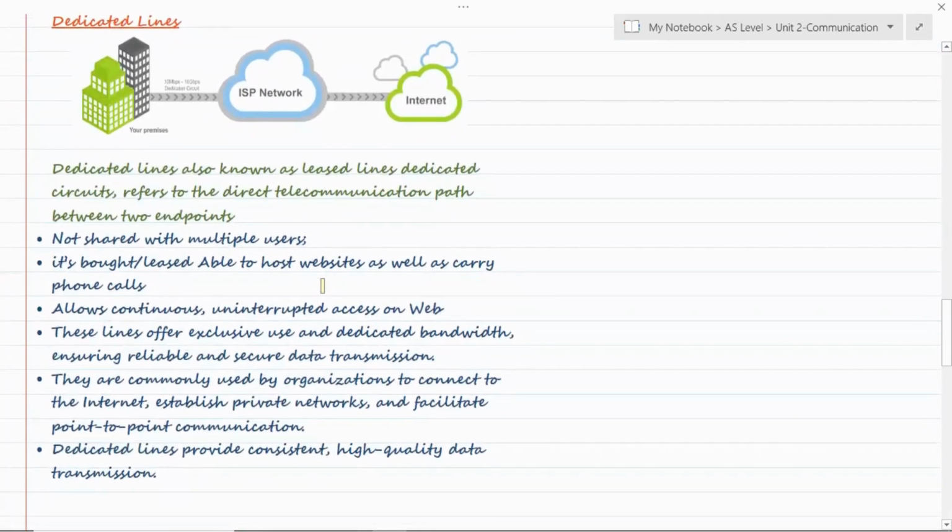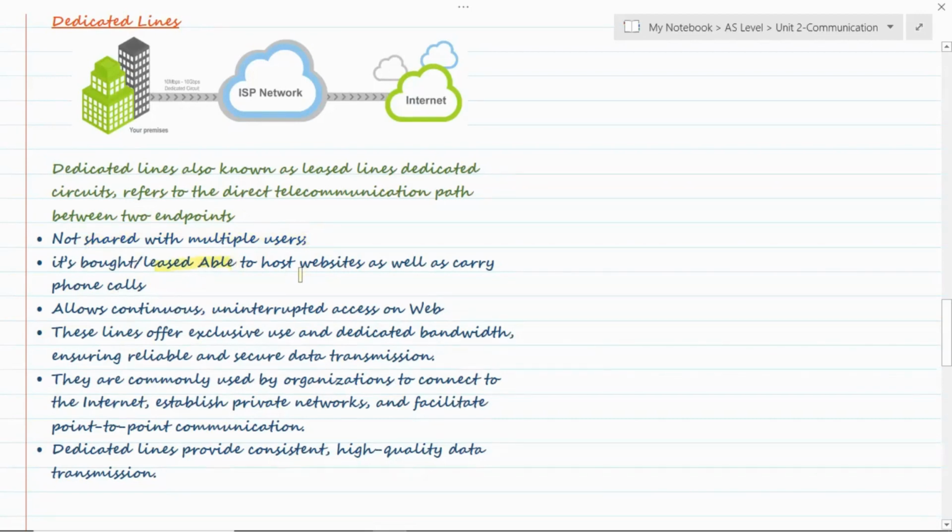Dedicated lines are most commonly known as leased lines, right? Or dedicated circuits. They are a direct telecommunication path between two endpoints. So the ISP will provide an internet connection and will provide a direct leased line to your premises or to the organization, whosoever is taking the connection from the ISP. So via a dedicated line, there is a leased direct connection to your endpoint, and it is not shared with multiple users, right? So it is bought, leased,